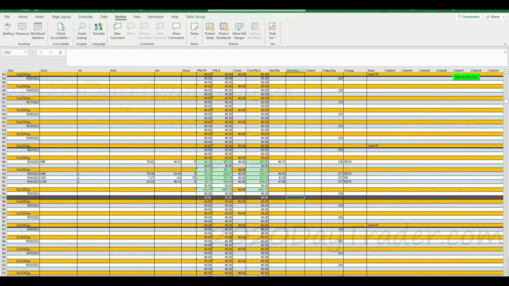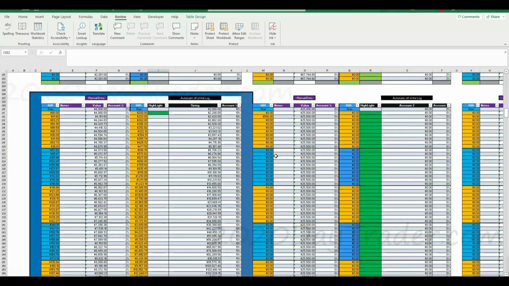So scaling ladders, again, I go over all this in my master class. I highlighted this in blue to make it easy for you to see which one we're on, the sim account or the swing account. Sim account. We were just in the sim trading. Today's the first day of real trading. Sim trading went awesome, so now we're able to move over to real trading.